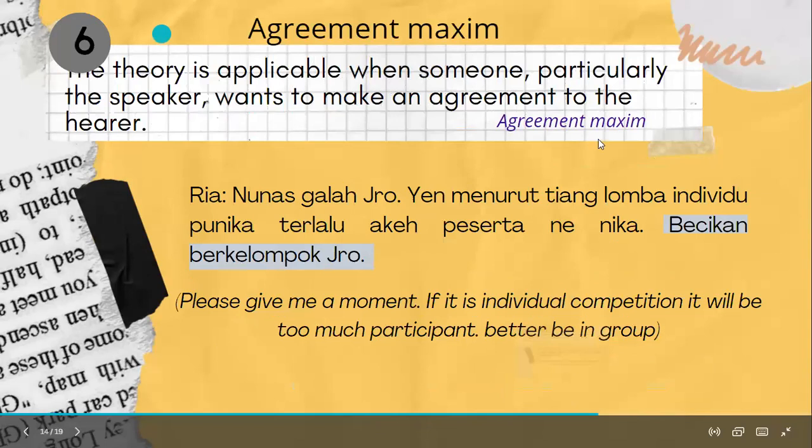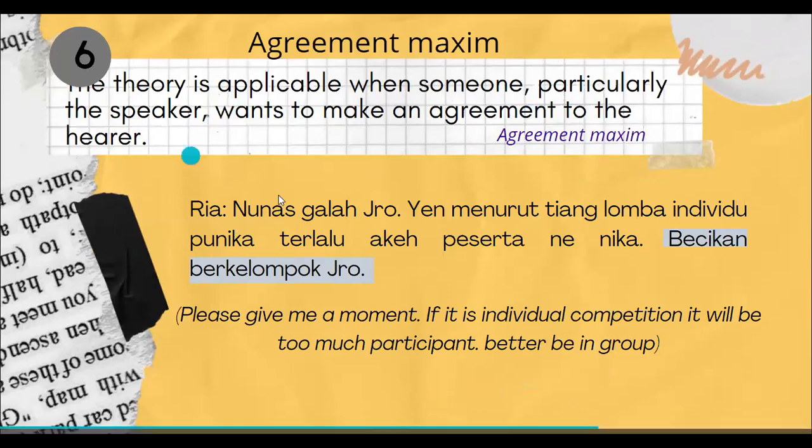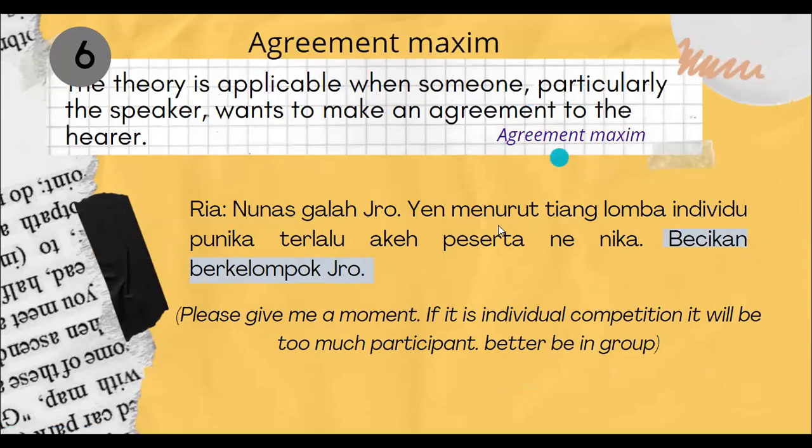Okay, you are asking about the agreement maxim number 2, right? So you think that this is violating the agreement maxim, yeah? Because it shows a kind of disagreement at the first utterance. But if you look at more examples of the agreement maxim, it has a point too. When someone wants to make an agreement, the speaker can say something like, I don't want to do this, instead I want to do this. So the speaker suggests something and wants the hearer to agree with them. So in this context, the speaker says the individual competition has too many participants. Yes, this one is kind of a disagreement. But after that, she gives more